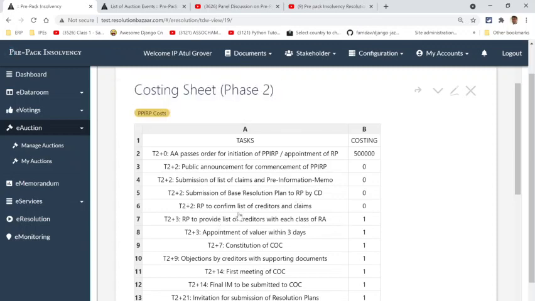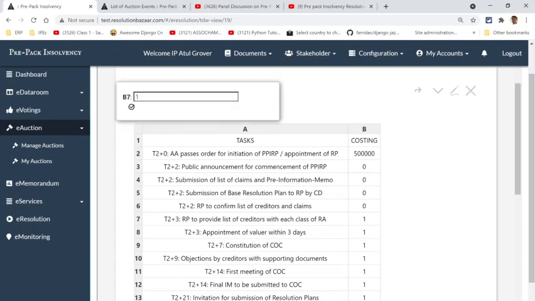Again, you've already spent money, so you don't have to. This I'm not sure. Provide list of creditors with each class of creditor. Okay, so this also is just providing a list of creditors. It shouldn't cost us anything.